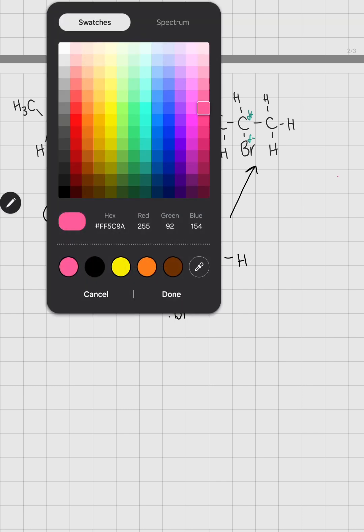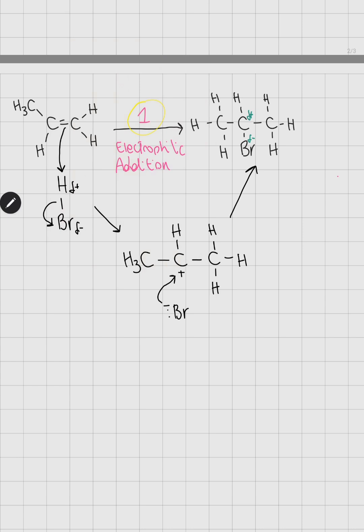So I'm going to do another color. Let's do this color. The positive charge can also be on the other carbon, where we had the two hydrogens. And this would mean that the hydrogen was added on this side, so the bromine would actually attack on this carbon. So to think about the major and the minor product, you have to think about the